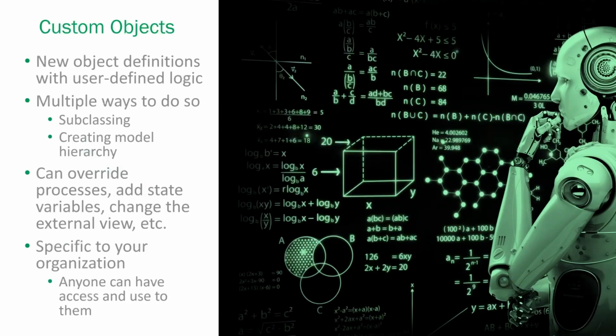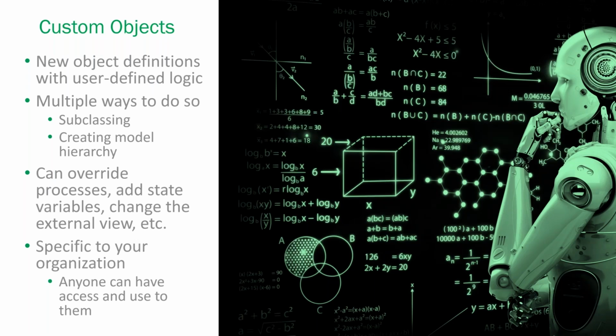So firstly, what is a custom object? A custom object is a modeling construct within Simio with user-defined logic. So it would be your standard object that appears from a library, such as a server, a worker, a sink, but the user has implemented or modified some of its characteristics, data, or logic, and really changed its behavior or appearance. And there are multiple ways that you can do this, but we're going to be focusing on two main